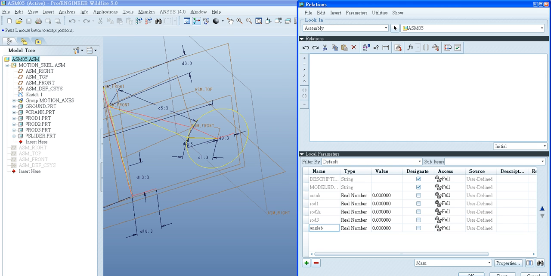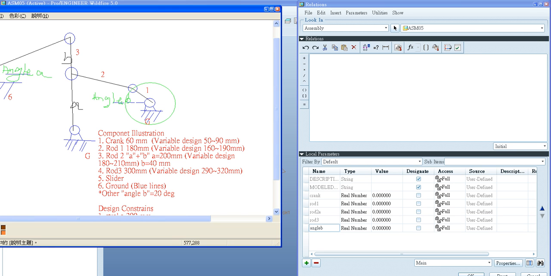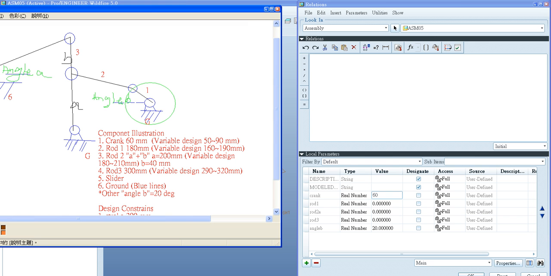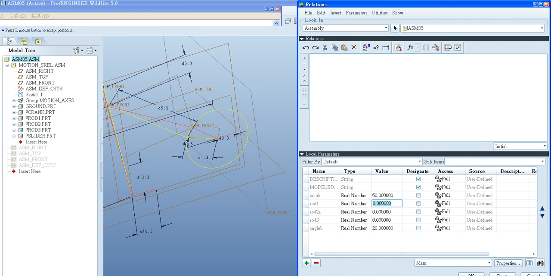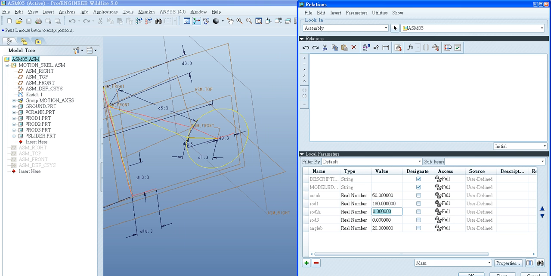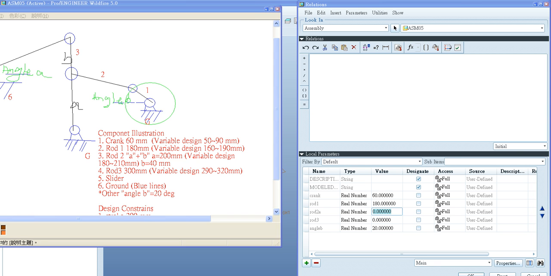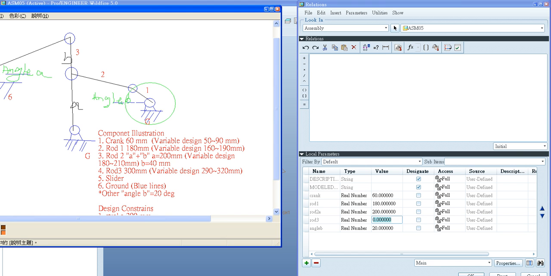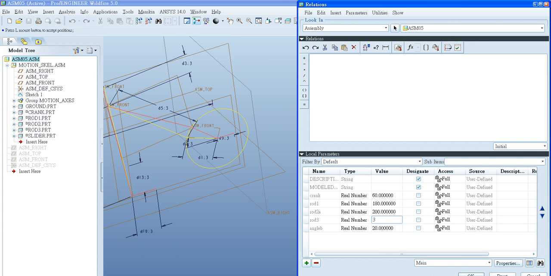Angle B is 20, 60, 180, 200, 300. Okay, the first one is